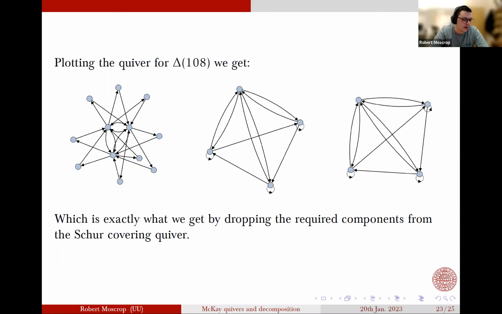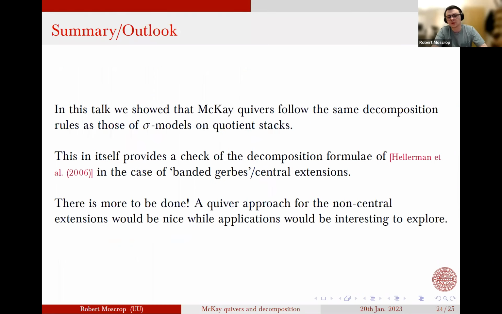So really the algorithm from these papers in the early 2000s gives you the Schur extension case. And then if you're persistent enough, you can get the quivers for any central extension basically. We were able to prove that this is the case for isoclinic groups and so on. With that in mind, let me summarize what I've said.